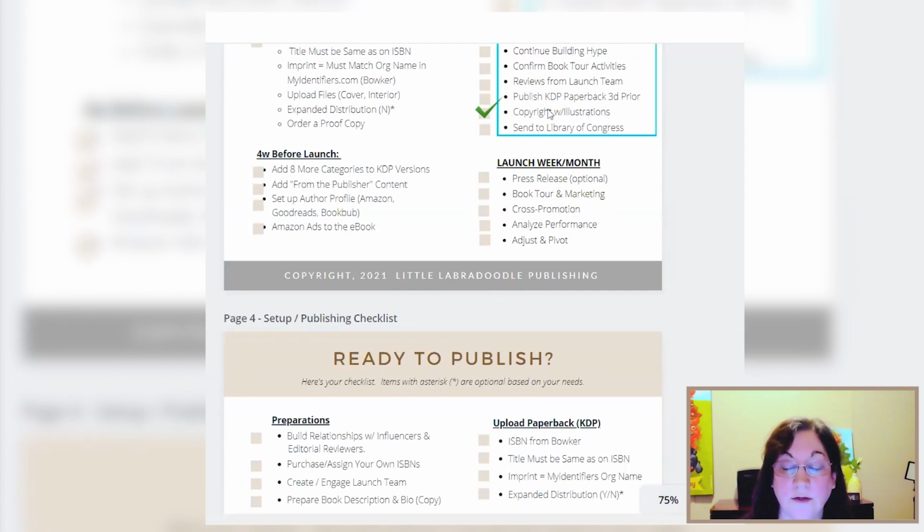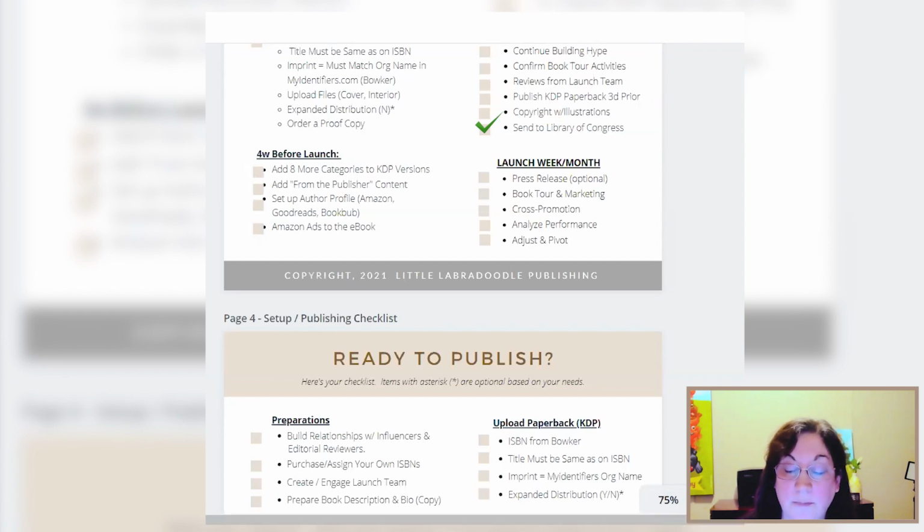You're going to update your copyright with your illustrations because now everything's live. You have the final everything. So you might as well go ahead and update your copyright with all of your illustrations. Now, this is specific to people who own the copyright for their illustrations. Not all of you will find an illustrator that will agree to give you the copyright. If you have that as a work for hire, then you should register that copyright. Don't forget to send a copy to the Library of Congress, because for your final book, they want you to actually send them a physical copy of your book, and they will keep it on file.